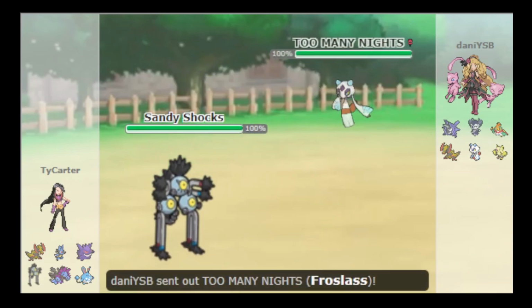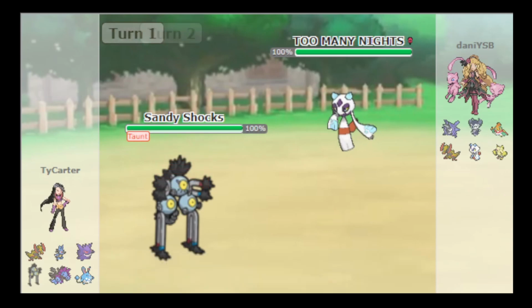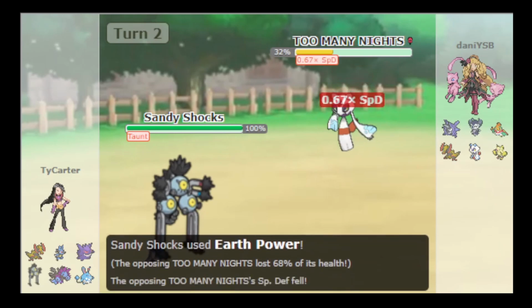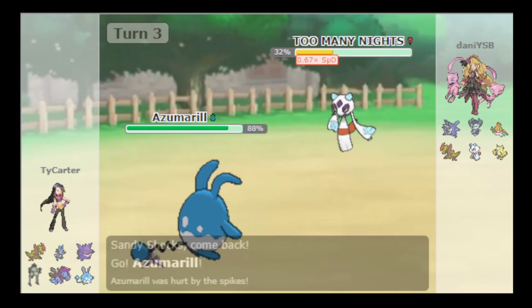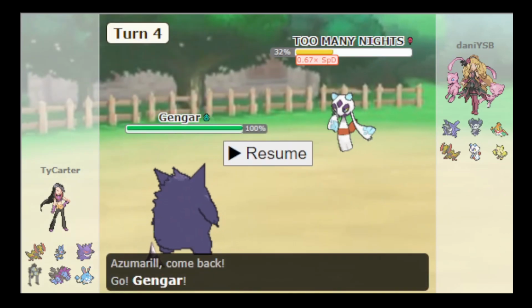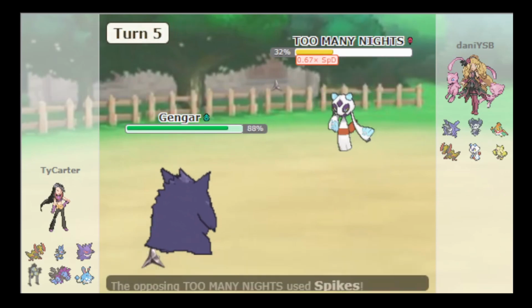So I lead off Sandy Shocks. I'm trying to get rocks up, I can't do that. He gets spikes up, I Earth Power. He gets a Spdef drop. I go into Azumarill, right? I'm thinking, okay, I know he has Destiny Bond, so I go into Gengar. And I'm hoping that I'm actually slower than him, which...